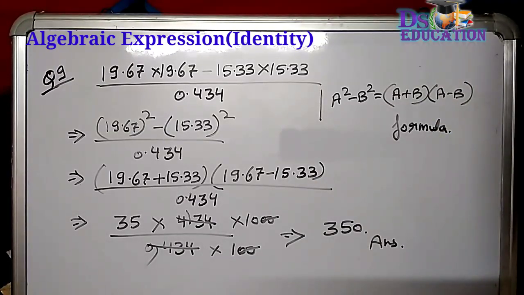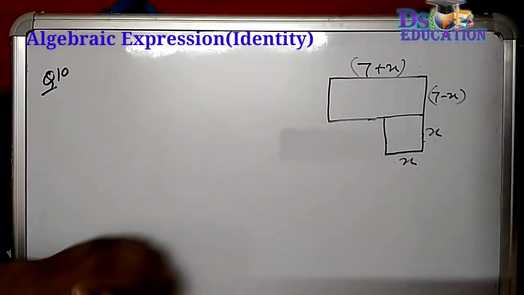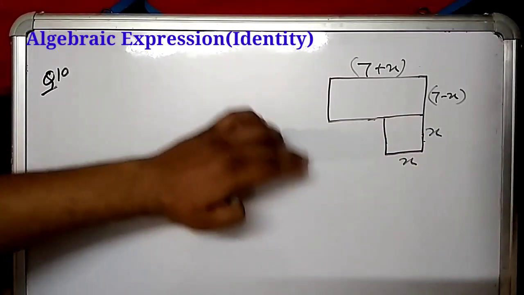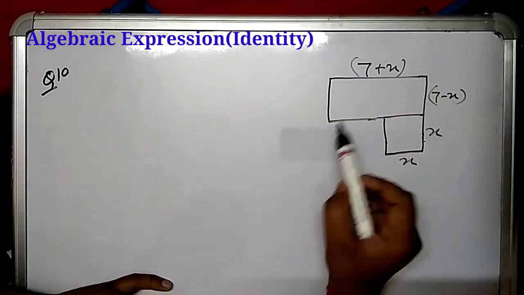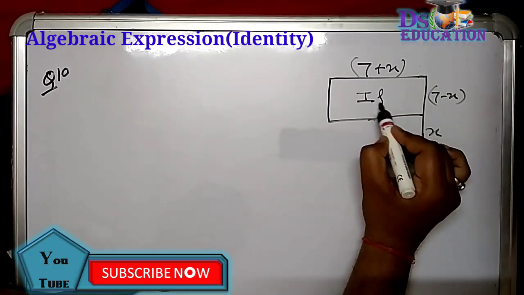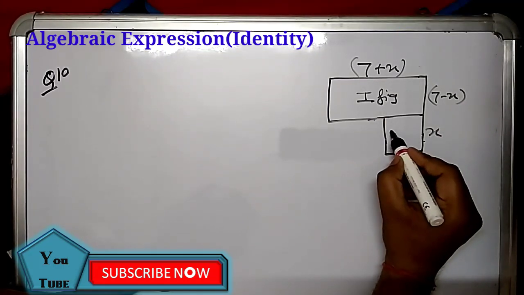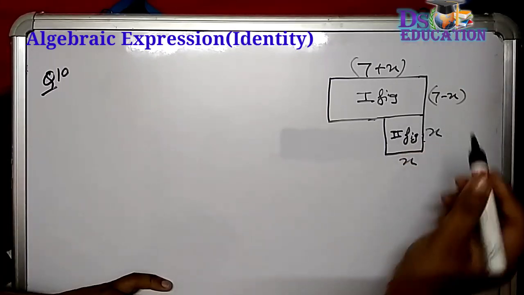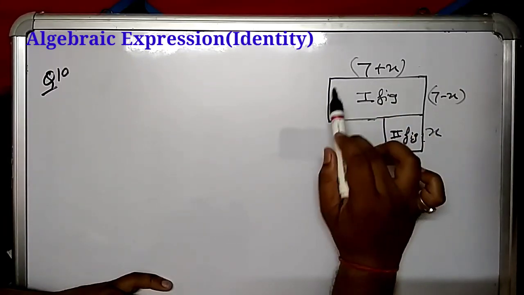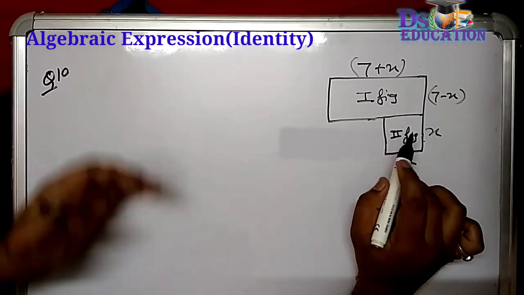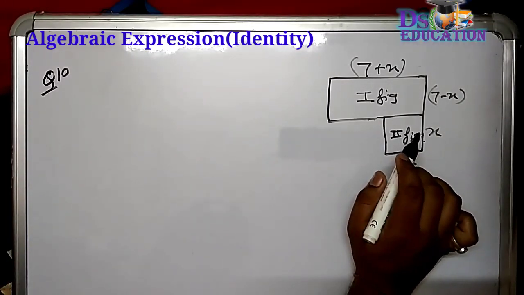Don't forget to write the formula in each question. Okay. Again, I am repeating the same thing. You see this figure. It is a form of swimming pool. In the question, it is said that this is a swimming pool whose dimensions are given. Now, this is the form of a rectangle. So I can name it as the first figure, or I can say the second figure. Name it as two parts. So this is a rectangular figure and this is a square figure. So we will find the area of the two, and then we will add those two areas.